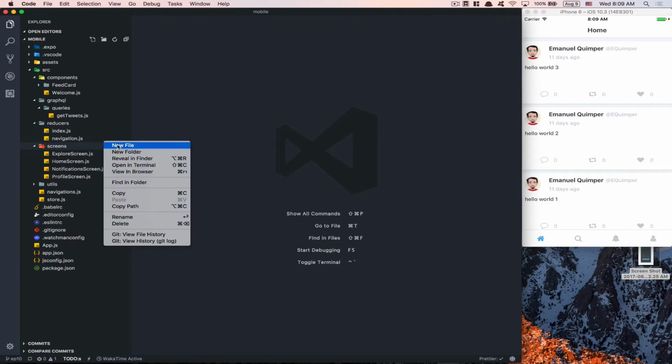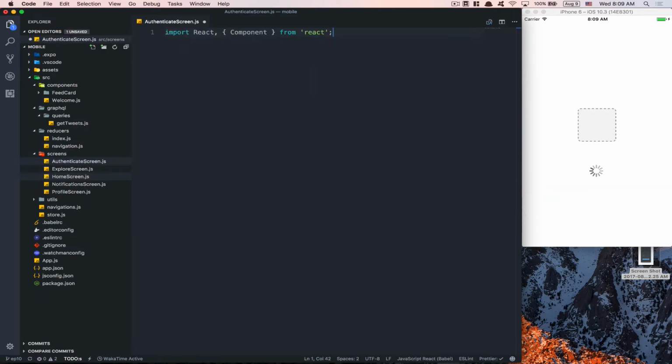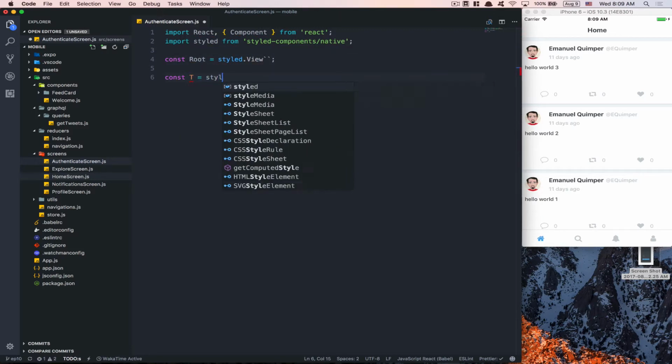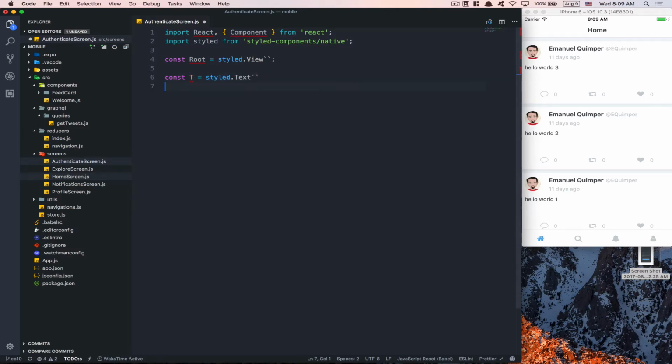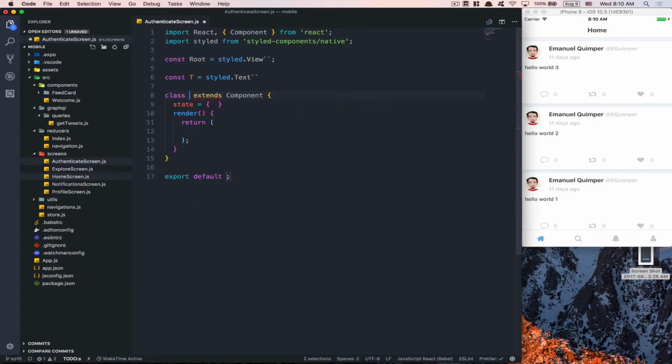First thing, I'm gonna create another screen. I'm gonna call that the authenticate screen. For now, I'm gonna use a component like that, and I'm gonna use the component style like I always do, and I'm gonna create my root like always. I'm gonna make a variable t just to be the text for now because I'm too lazy to type the full word, and I'm gonna create the authenticate